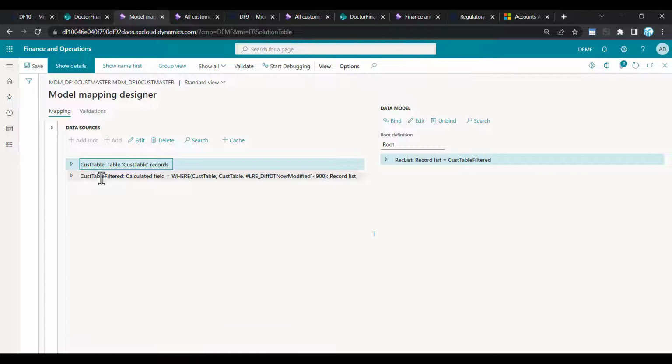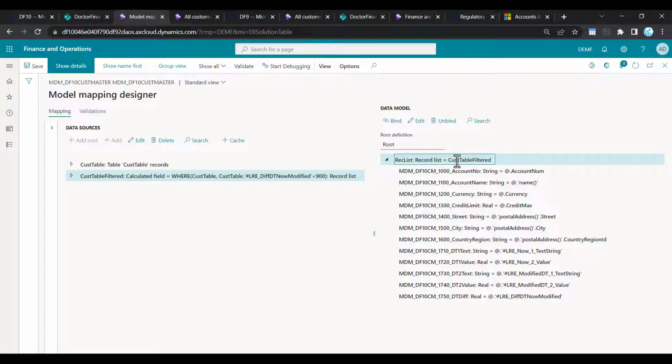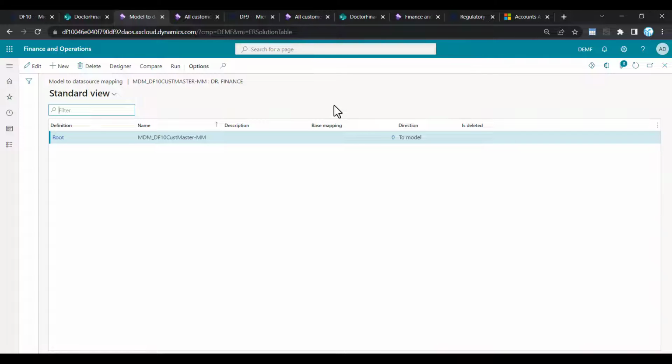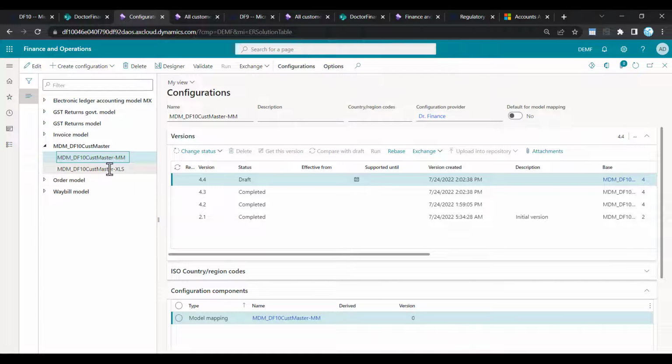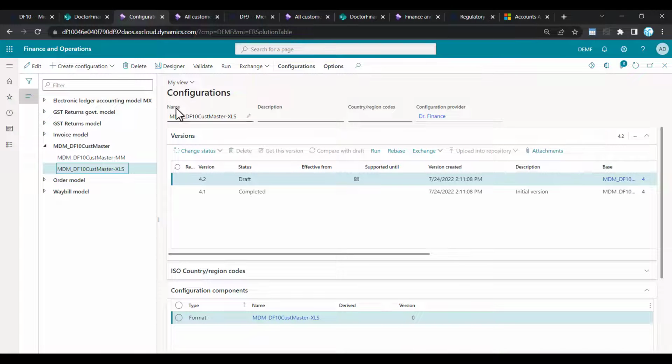And based on the calculated time date difference, I have here this filter that is then mapped here with this record list. So basically my Excel file that I use for the output will include only those fields from records that have been modified in the last 15 minutes. And then I have here this Excel table. So if I click on the designer,